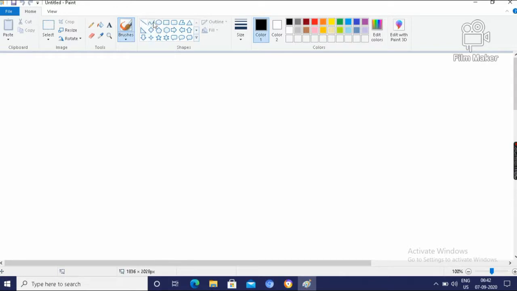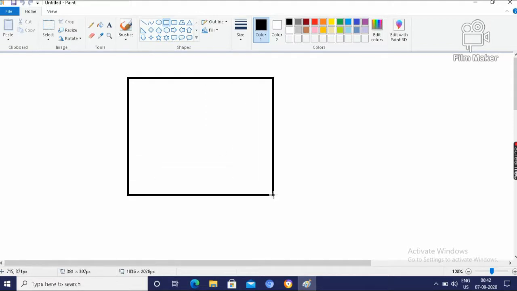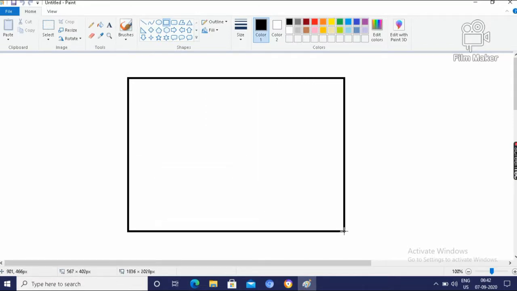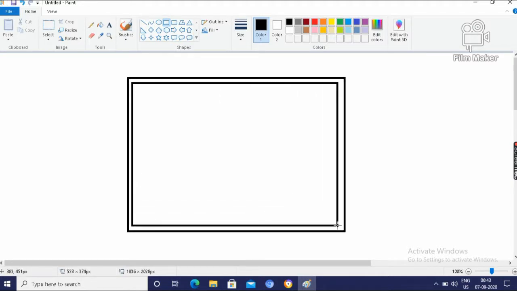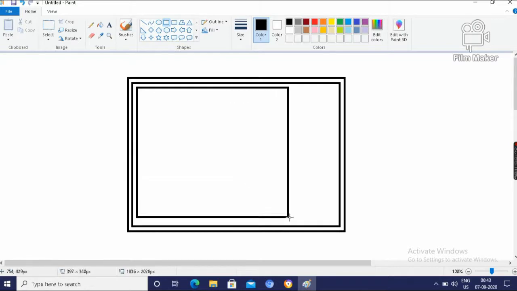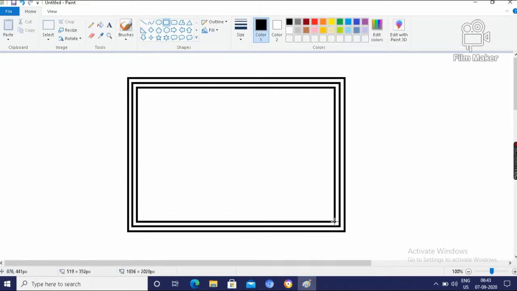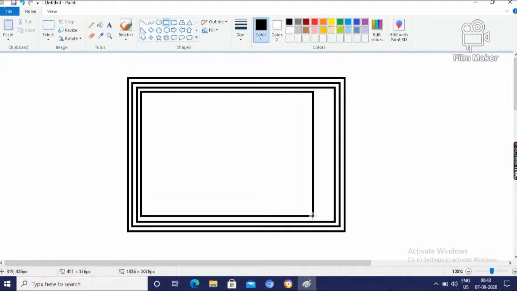If I take any shape, this is a rectangle. Then if I draw something like this, a rectangle, within the rectangle another rectangle, then it will be a very nice picture.